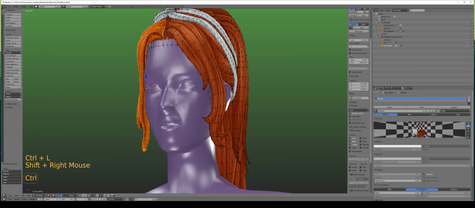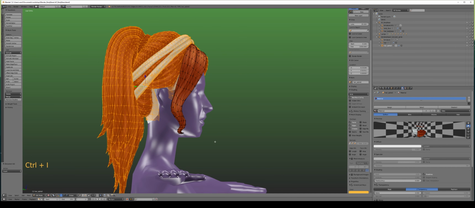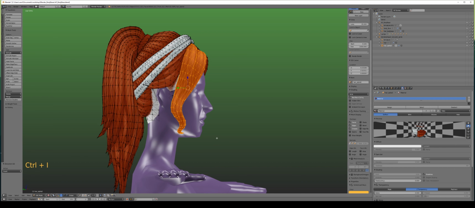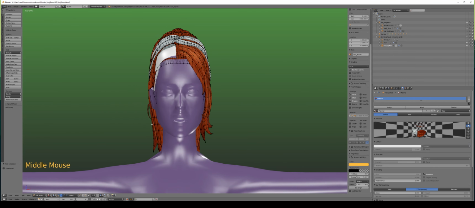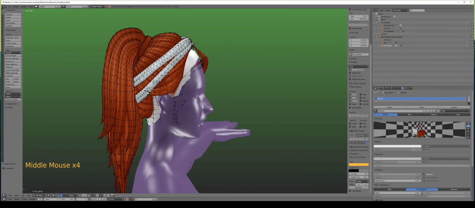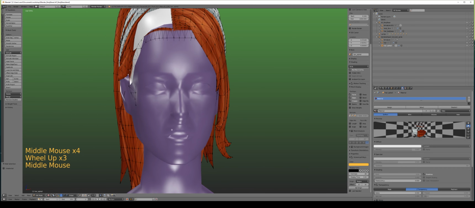There's a reason why we're doing this. Control I, and that'll be my invert. And if I press H, that'll hide it. So now while that's hidden, of course I didn't grab them all, like a knit. While that's hidden though, I can